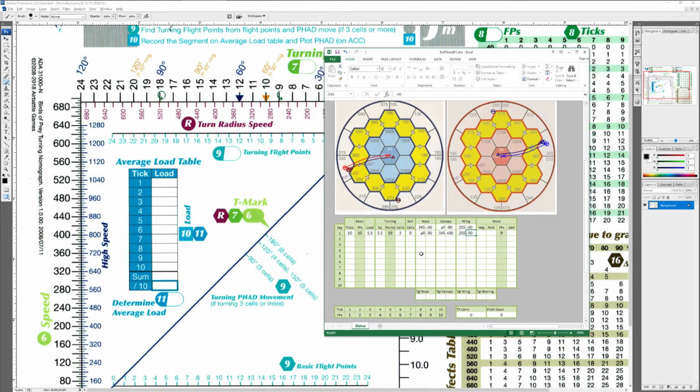So here comes the tricky part. After we plotted our movement, how far do we actually move the aircraft? Because we're not stuck in one place. Well, this is where it gets a little bit more tricky. In this particular case, you notice that our nose moved a total of 1, 2, 3 points. So what we need to do is find the halfway point between where the nose started and where the nose ended to put our movement together. In this particular case, it's pretty easy. 1, 2, 3 would mean that our halfway point, let's see, 345 would be about 330. It would basically be right here. If you want to imagine taking a straight line like this, it would park us in the corner of the